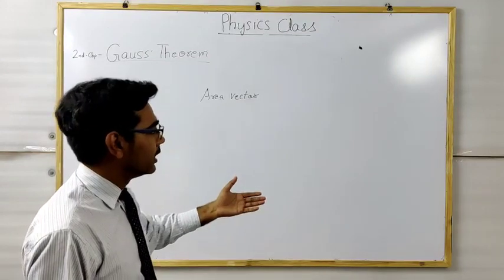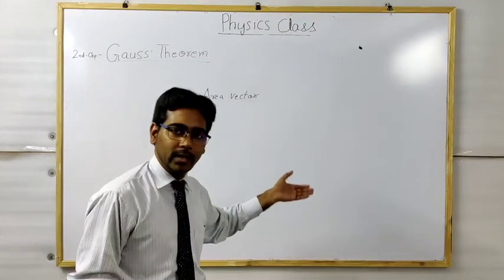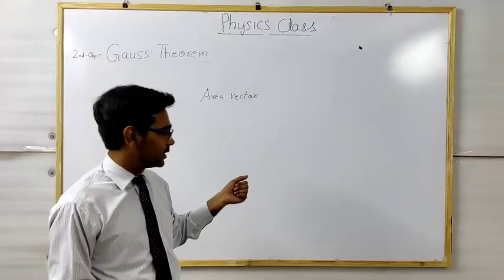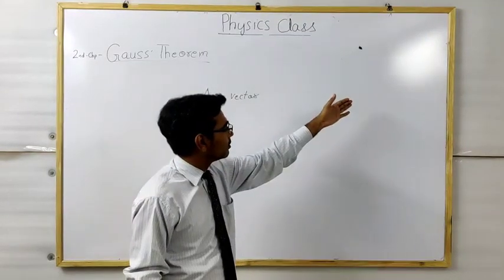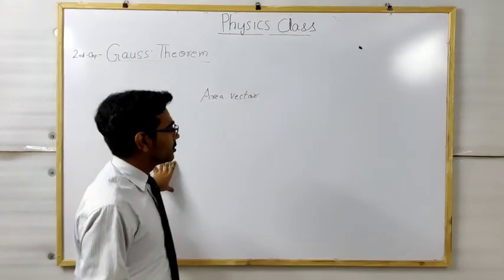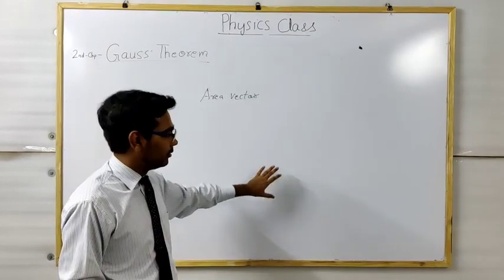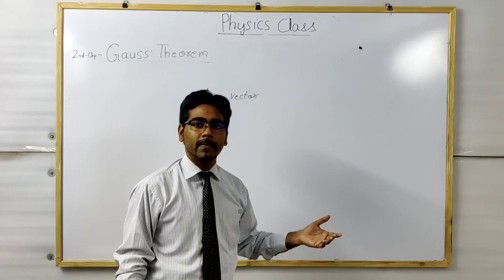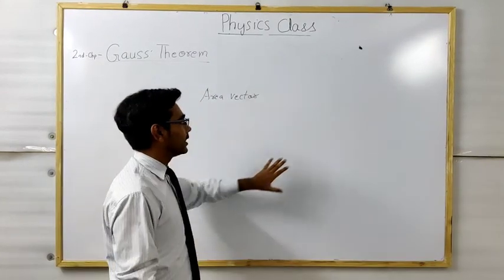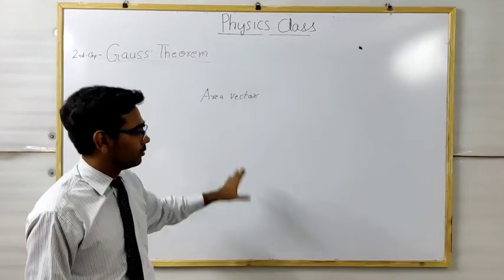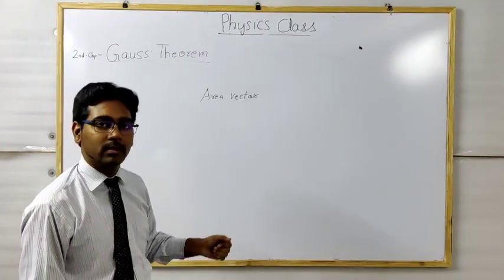What are the physical quantities? Physical quantities characterize or define the physical objects. For example, the length and width of this board, the density of this board, the mass of this board, the weight of this board, all these are physical quantities, and they are defining and characterizing this whiteboard, how long it is, how wide it is, and all this.